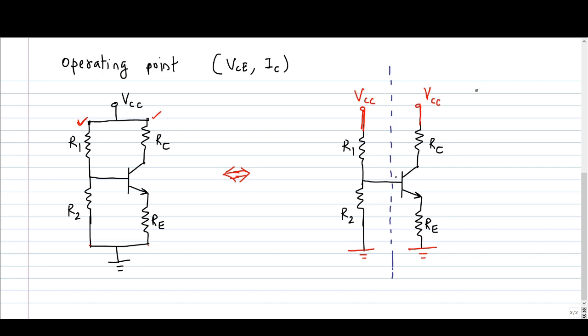On the left side of the dotted line, if you observe the circuit, you have an independent voltage source and two resistors R1 and R2. So this is a perfectly linear circuit. So on the left side of the dotted line, we have a linear network. On the right side, due to the presence of this transistor, we have a non-linear network. Now we can simplify the linear network using Thevenin's theorem. So we will go to the next page.